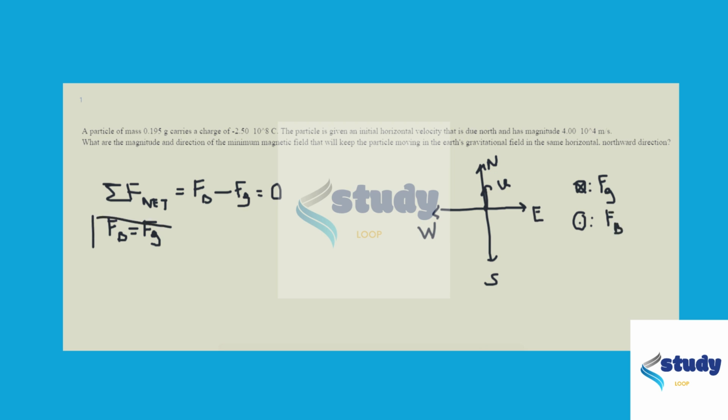The same statement here, which means Q, the charge of the particle, times the velocity, times the magnitude of the magnetic field, has to be equal to your gravitational force. From here, we can actually easily calculate the magnitude of the magnetic field. So it would be mg over qv. So if we do this calculation here, m, which is